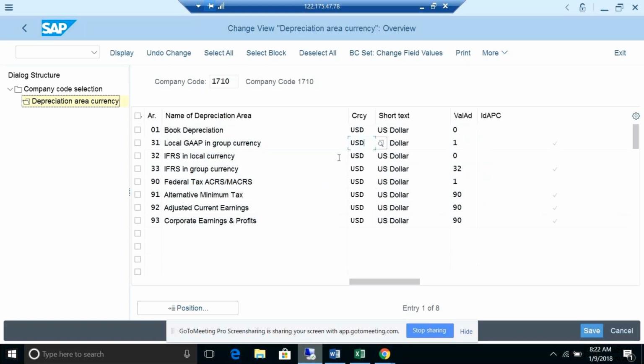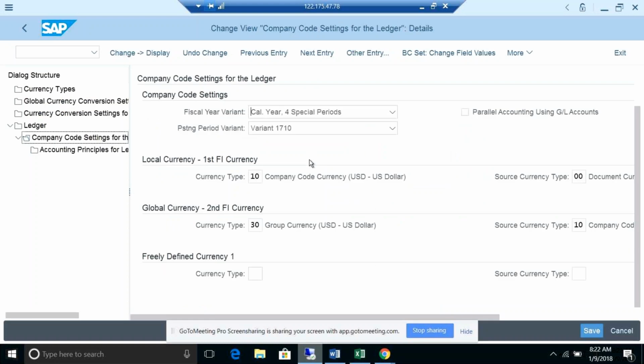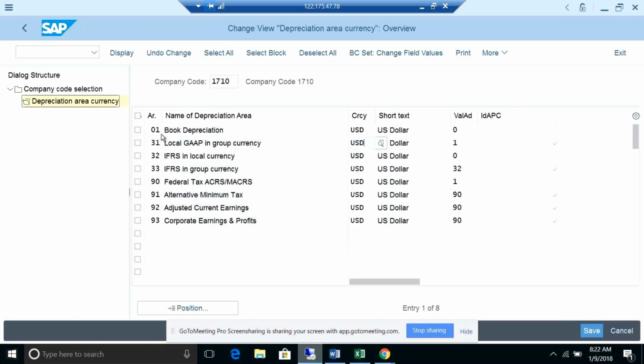Okay. So we will see the reporting part, how we will get the report. Now I defined this for two depreciation areas. Forget about the other depreciation areas which I have added. Take only the book depreciation area, local currency and group currency, and IFRS local currency and group currency. Only these 4 we will see, and how we get the reports in the front end.